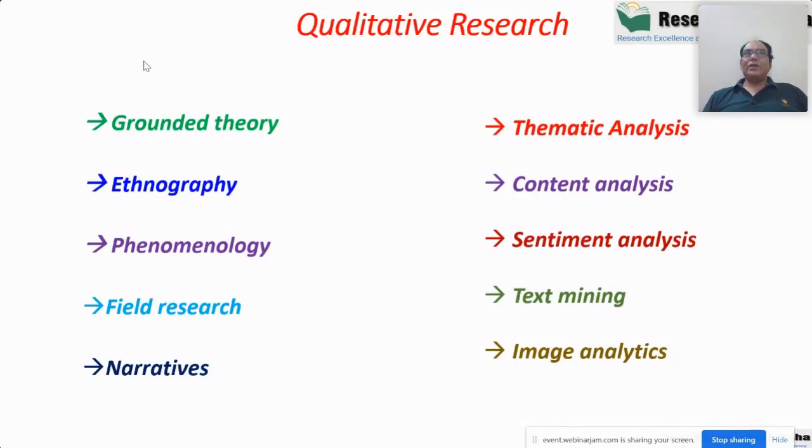And similarly, if you go to the airport or to a public space, the camera will tell people that Mr. Ajay is available at the airport now, and Mr. Ram is there in the mall. So the camera will identify your face and will inform the person that you are there. So image analytics is gaining a lot of popularity. Wherever you go, you can be identified by the camera, right?